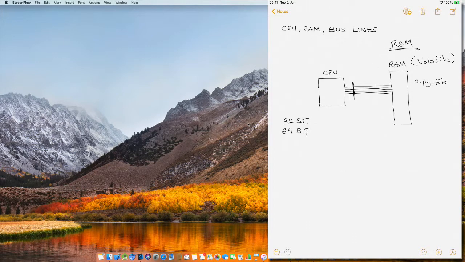Okay, now if I have a Python file, so I'm going to draw my Python file here, and let's assume that this is our source code. So let's say I have a file called code.py, which is supposed to be my source code. Now, if in the code I do something like age is equal to 15, and then I say score is equal to 98, what's going to happen is that these instructions, which make up my source code, are going to be loaded into the RAM,